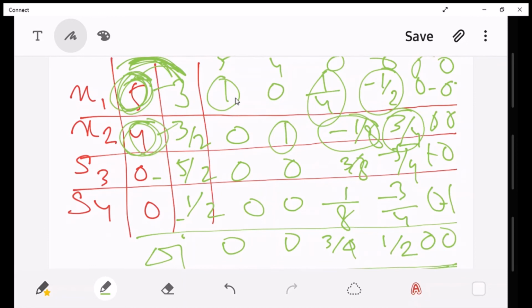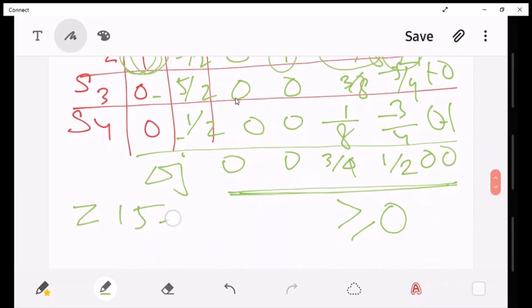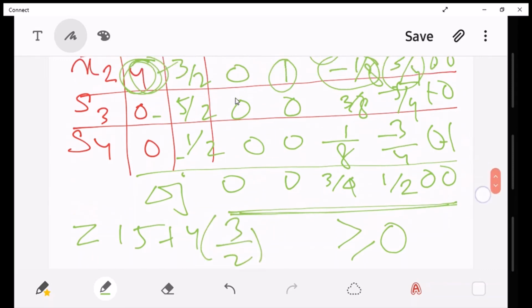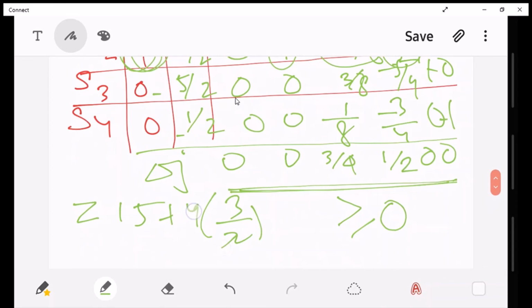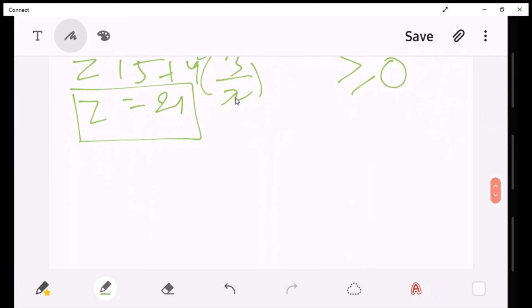So it is 5 into 3, 15, plus 4 into 3 by 2, which gives me 21. So the optimal solution of the Reddy Mikks problem is z equals to 21